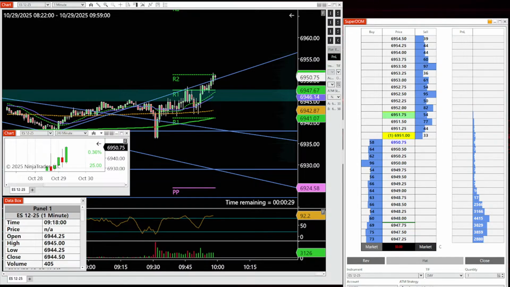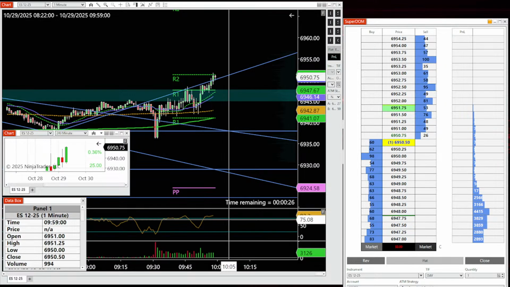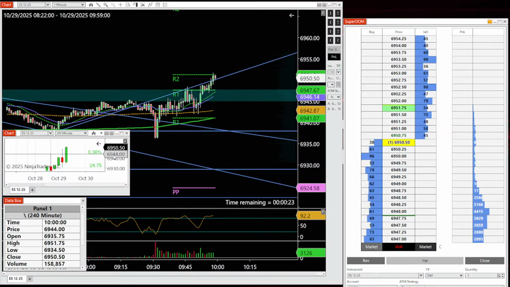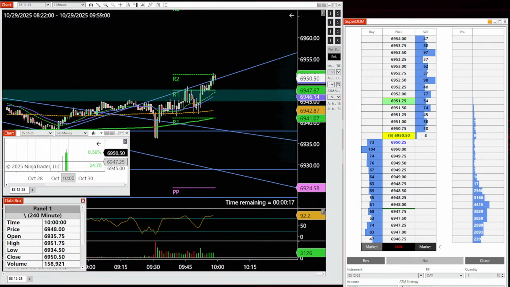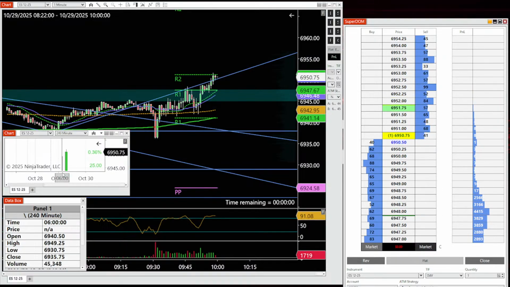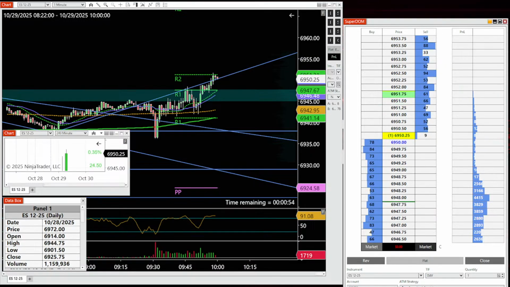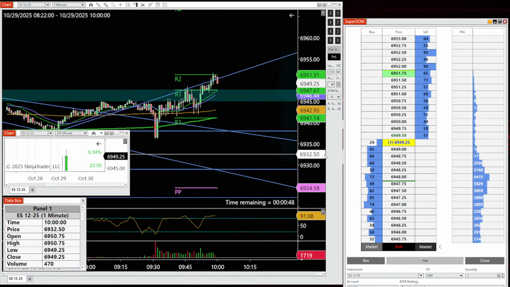Next 4-minute bar opens up in about a minute and a half. So we've got between 44.75 and 52. But it's not the daily. This is not the daily bar. The 44 and 52. There we go.